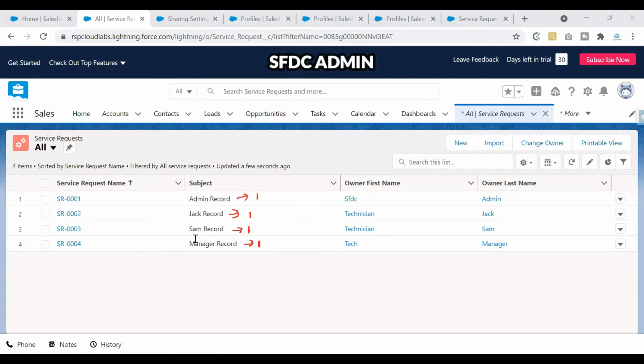Now what I'll do here is, if you see in the service request, I've selected all. That means I'm asking the system to give me all the records in the system. So it has given me 4 records as of now. Let's see the same list view from the perspective of Jack, Sam, manager perspective, and also from the finance analyst. As of now, finance analyst doesn't have any record here, right? So that is something that we need to keep in mind, right? So let's log in as Jack first and see how many records he owns.